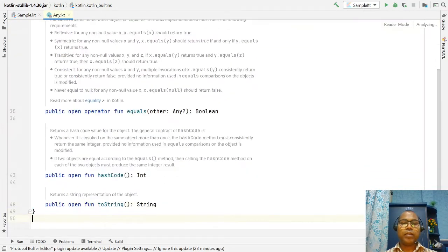Here in the Any class the common functions like the equals method, hashCode method, and toString method are defined, so that any object inside Kotlin can invoke toString, equals and hashCode, and all are open. That means you can override the equals method and the hashCode method.